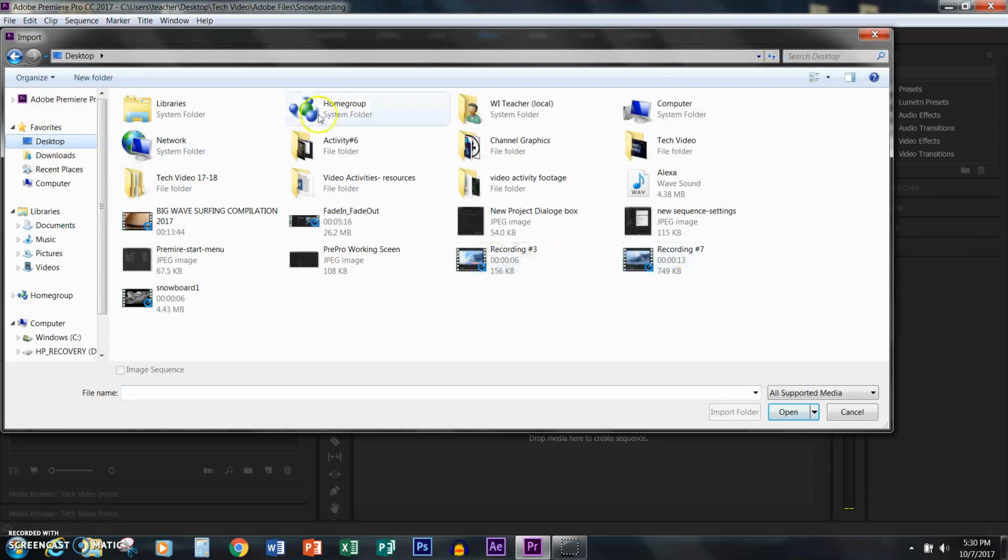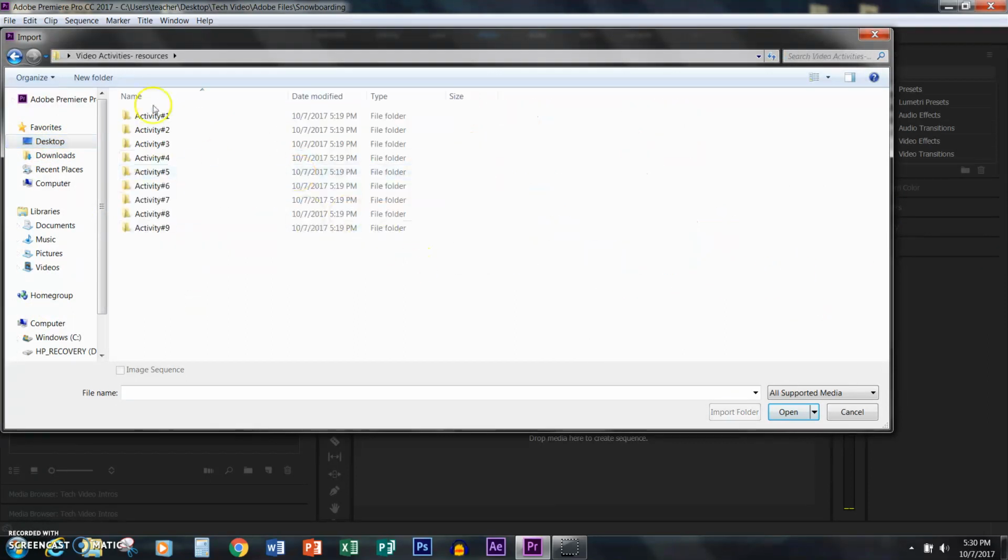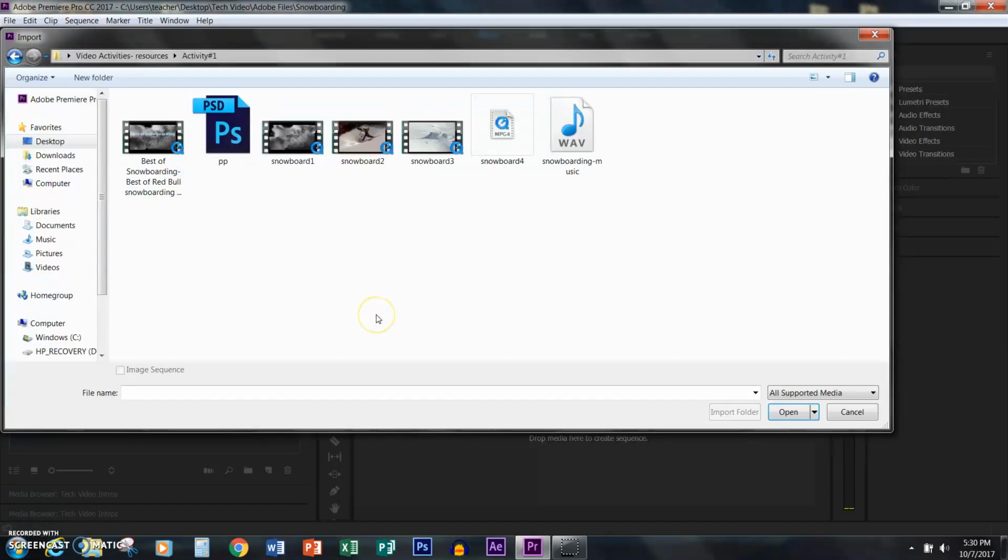I'm going to find the folder that says Activity 1. And you're going to see a number of different videos. In this case, you're going to be selecting Snowboard 1, 2, 3, 4, and also the snowboarding music. At that point, you click on Open,